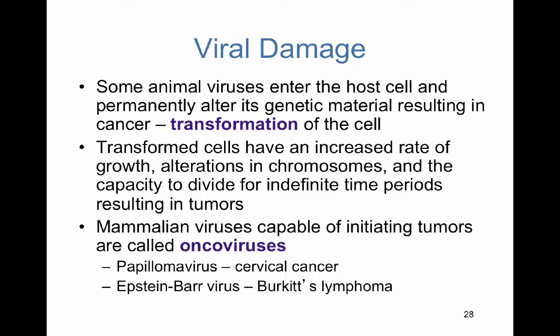So you can Google HeLa, H-E-L-A cells, and these cells are still growing in a petri dish today. And it's just wild that these cells were found in this malignant tumor that this woman died from, and these cells have an increased rate of growth. They don't know how to stop growing. Their chromosomes, they almost have their own karyotype, so their own altered, mutated genetic identity, and they have the capacity to divide for indefinite time periods. And they're being used again to study all different types of cancer treatments and just the whole model for cancer itself.